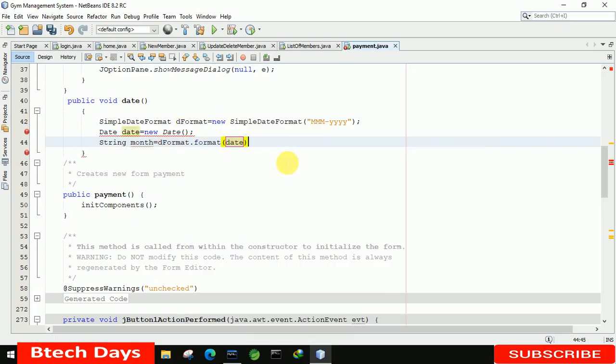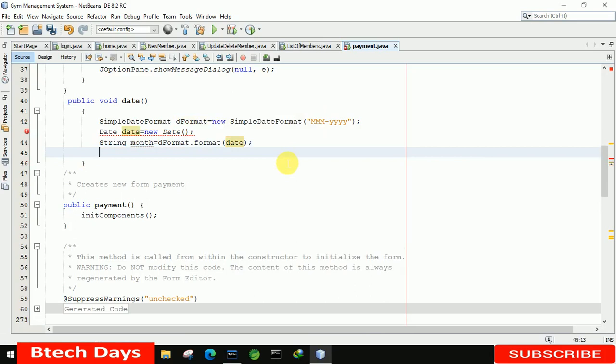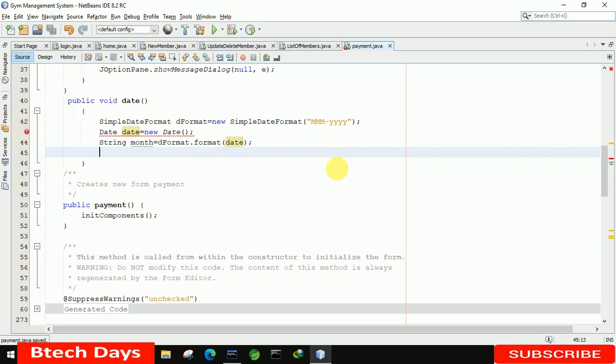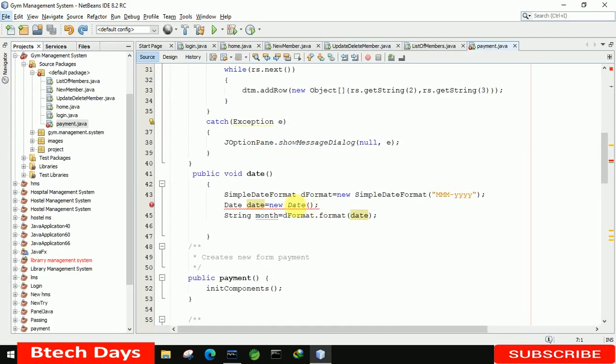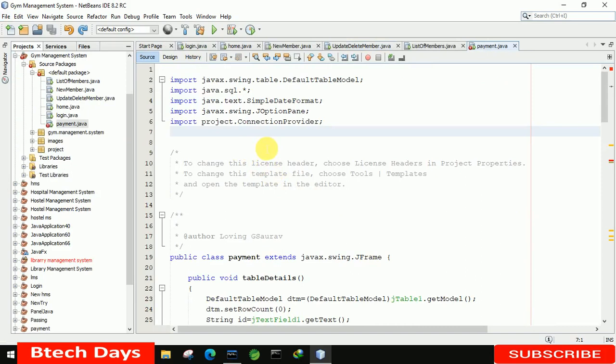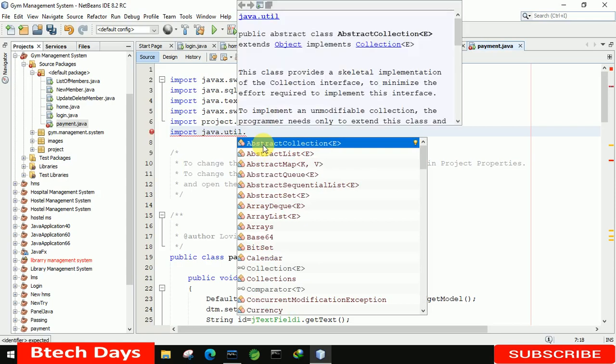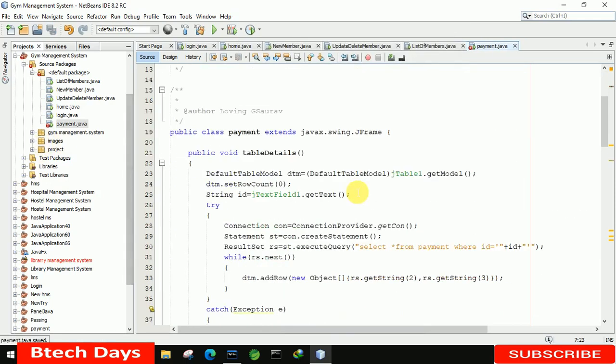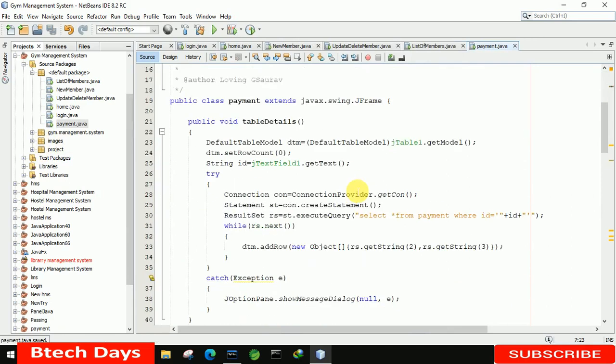After that we have to set this value. It's showing some kind of error, so let's see. We just need to import java.util.Date. Okay, this one. Let's save this, and you will see that the error gets removed automatically.